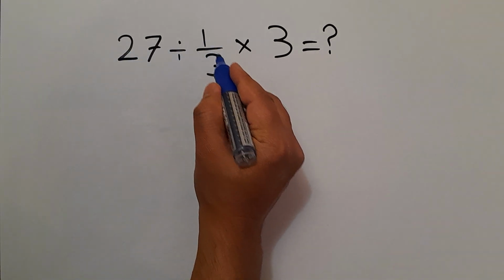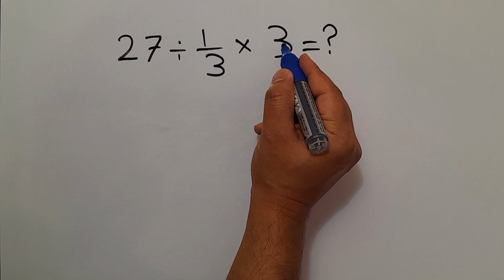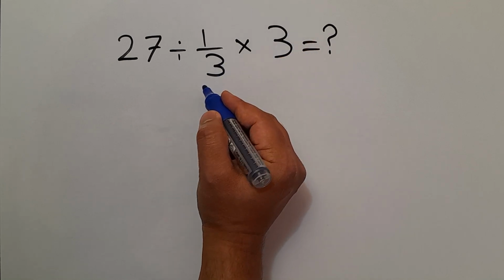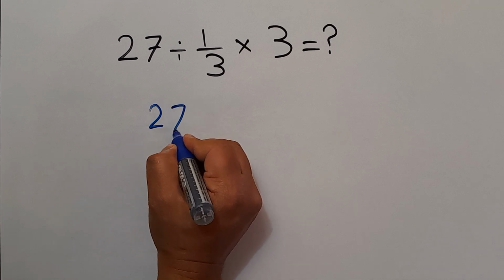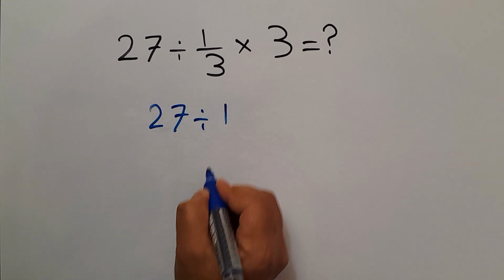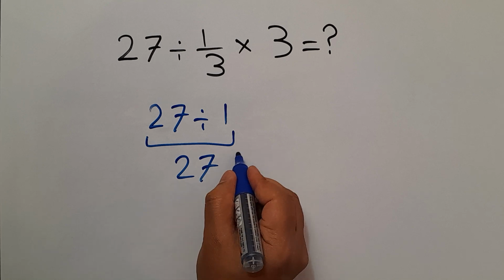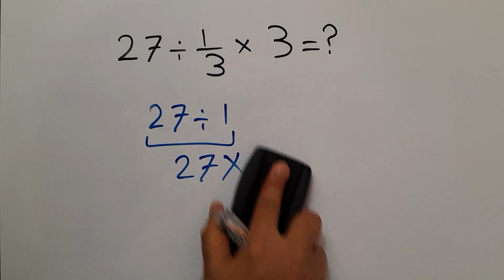We have here 1 over 3 times 3. We can easily cancel this 3 and this 3. So 27 divided by just 1, and this is equal to 27. But this answer is not correct,